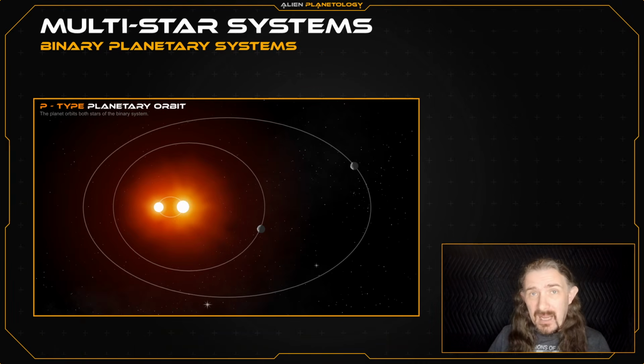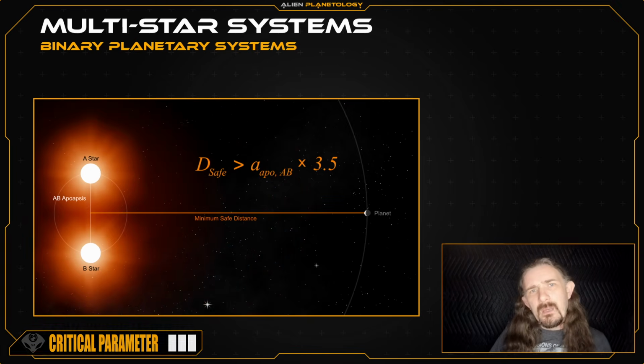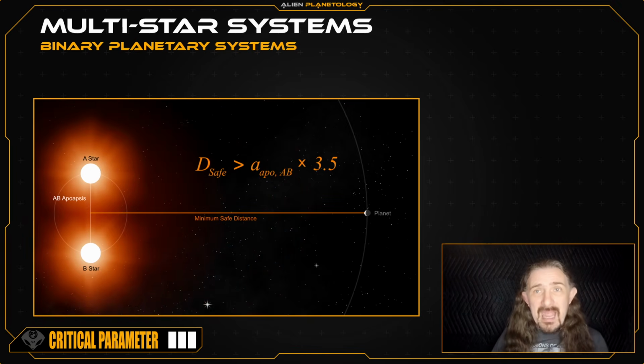For a planet in a P-type orbit around a binary pair, there is an additional inner limit to stability. In such systems, the gravitational pull that an orbiting planet experiences fluctuates as the two stars orbit one another. These fluctuations can disrupt and destabilize a planet's orbit if it is too close. But at distances beyond approximately 3.5 times the maximum separation of the stars, the amplitude of the fluctuations is diminished enough for there to exist stable planetary orbits. So in this case, we would take our star's apoapsis distance and multiply it by 3.5 to get the planet's